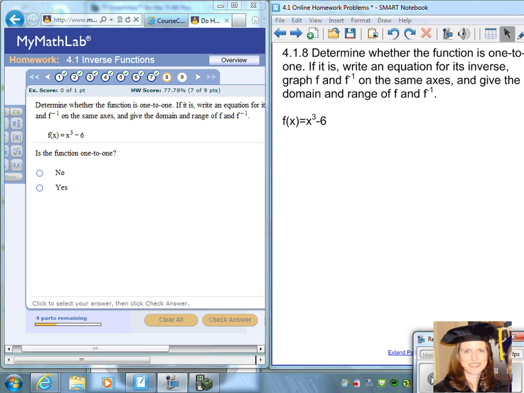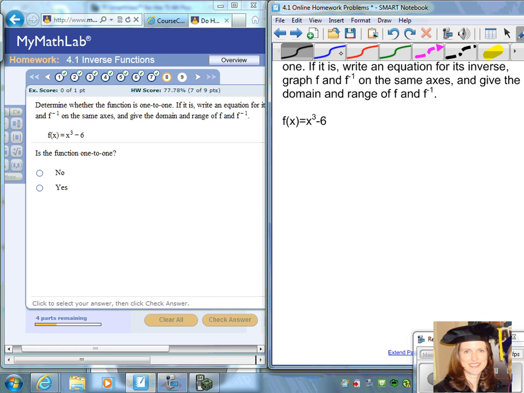Question number 8 from section 4.1, inverse functions. We want to determine whether the function is one-to-one. If it is, write an equation for its inverse and graph f and f inverse on the same axes and give the domain and range of f and f negative 1, f inverse. So this is the